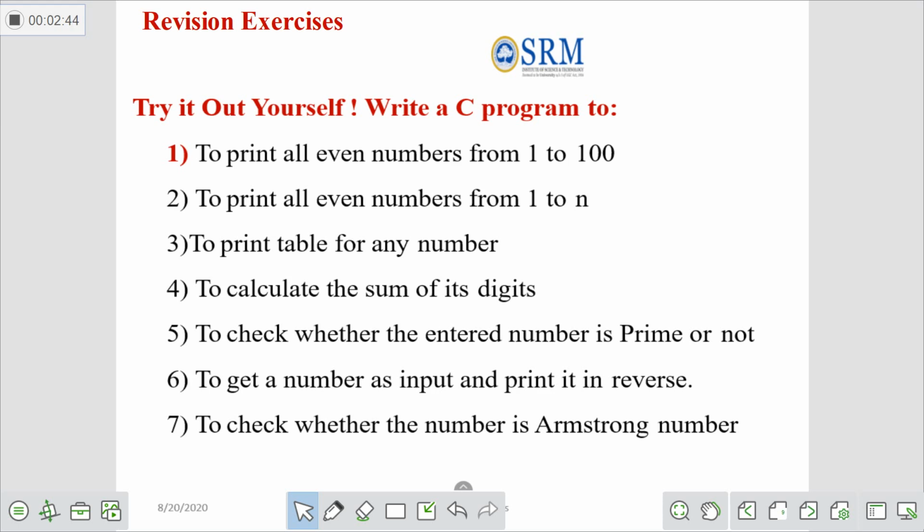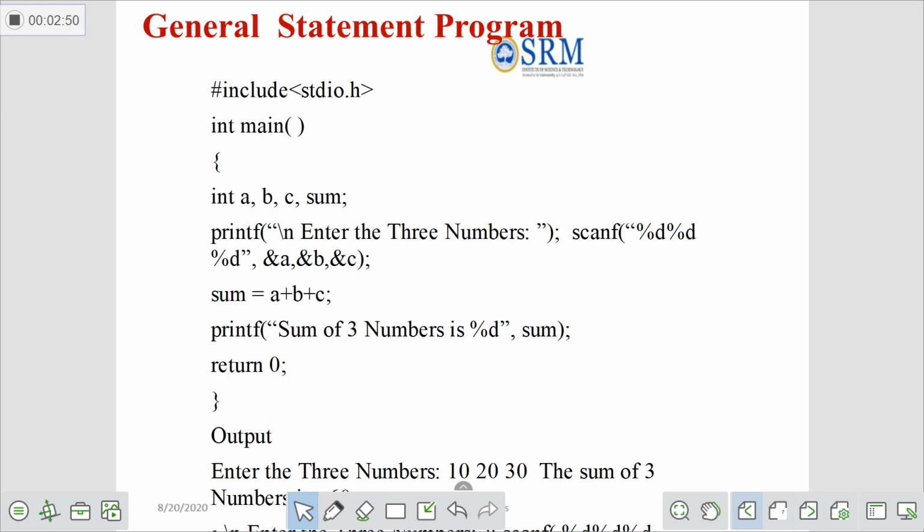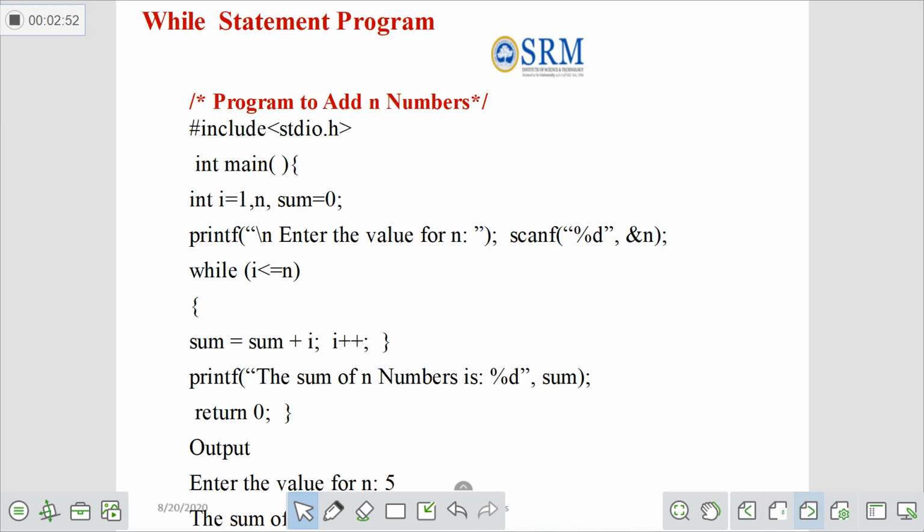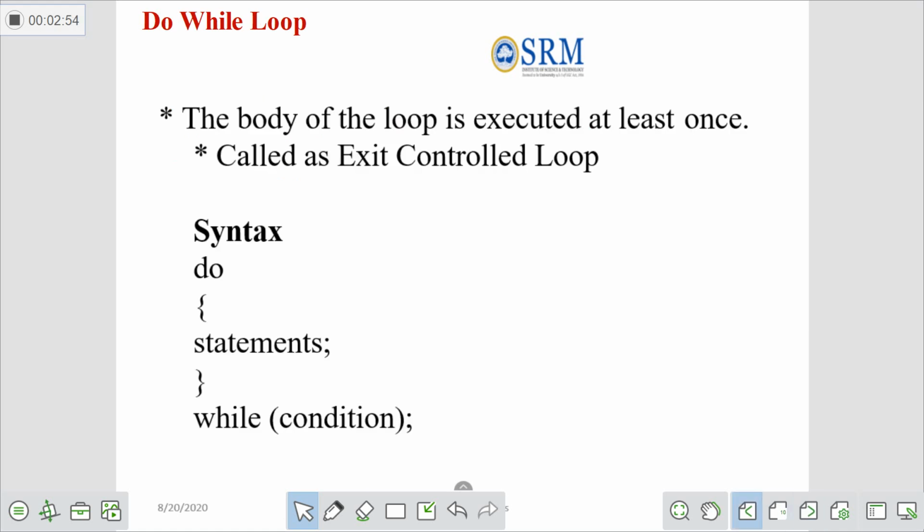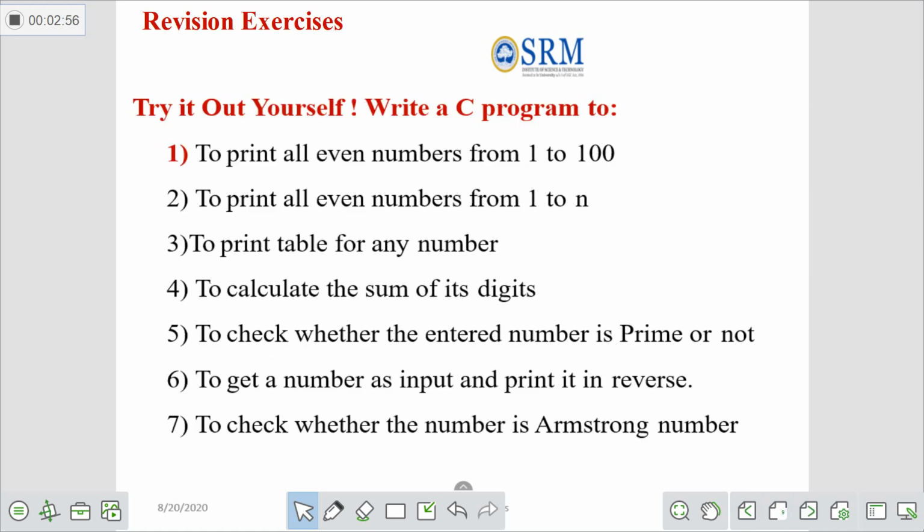So these are some of the exercises given. Okay, so refer to your while loop syntax and everything, then try to solve these questions. After this class, I will show a demo of how to execute while and do while loops using the Code::Blocks environment. After understanding that, you can do your programs on your own.